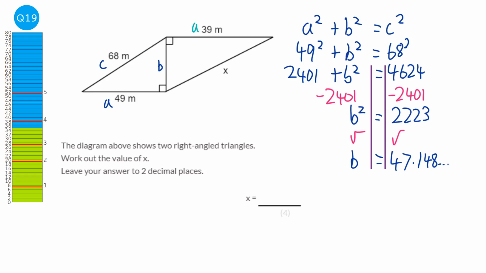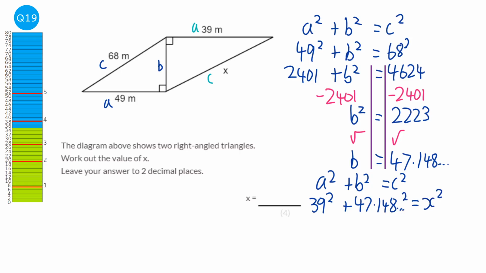Okay, we're now looking at the second diagram, and this time we're going to have a, we've got our b, and we're going to call x the c. So it'd be a squared plus b squared equals c squared, but this time a is 39. B we are given as 47.148, we've just worked that out. And we're looking for c, in fact we can call it x now. Okay, so we need to square that. So we do 39 squared plus 47.148 squared,